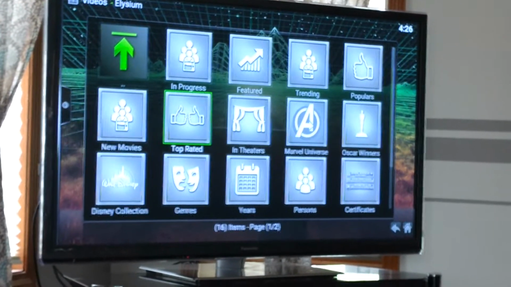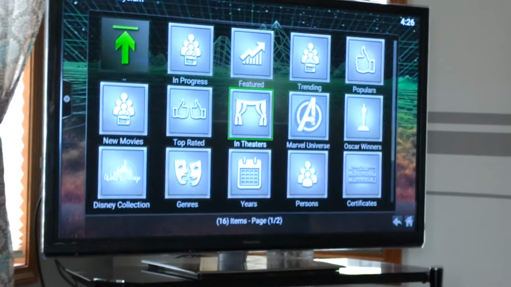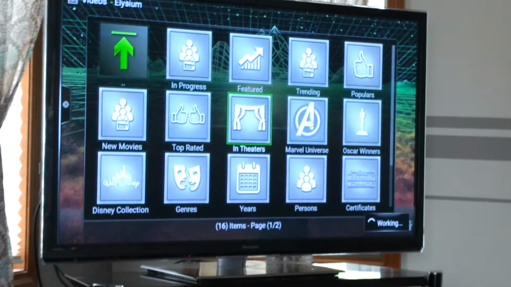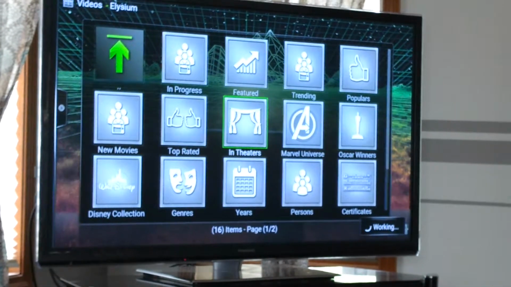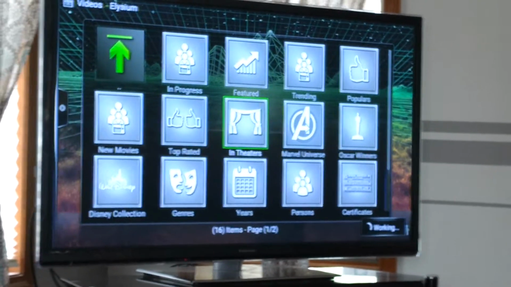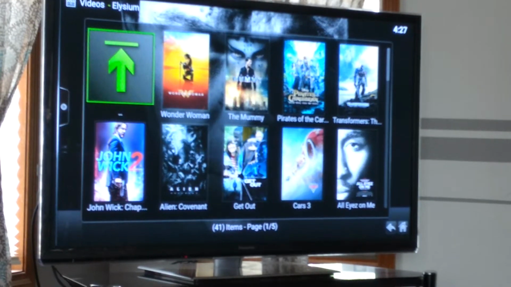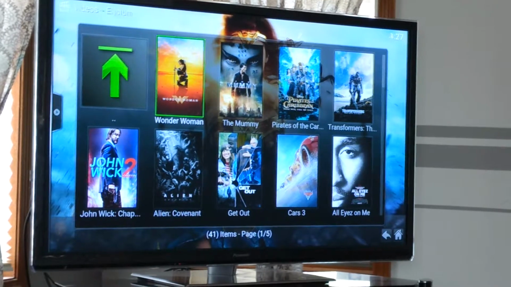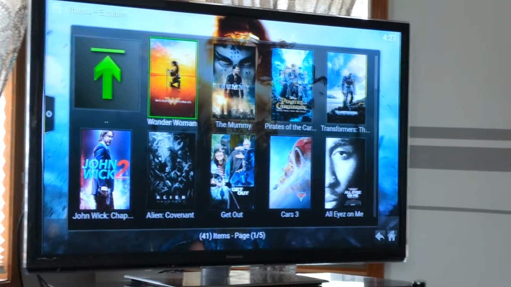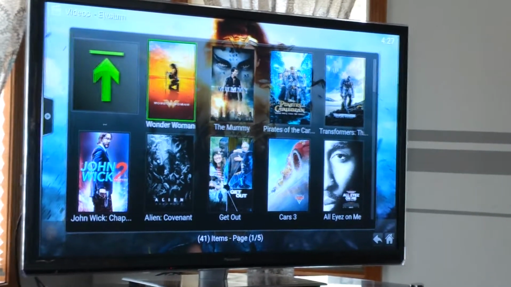Then you have options. Top-rated movies, movies in theaters. So if you're looking for one in the theater, we usually use in theaters or new movie. So at the bottom it's telling us it's working. Here they are. Here are the movies. Not every movie will be perfect picture. If you're familiar with this Amazon streaming stuff,